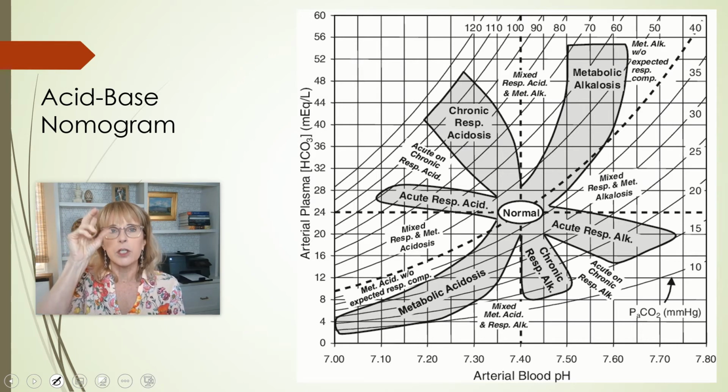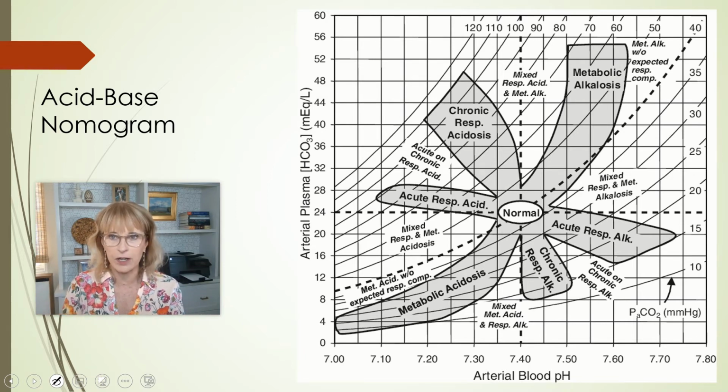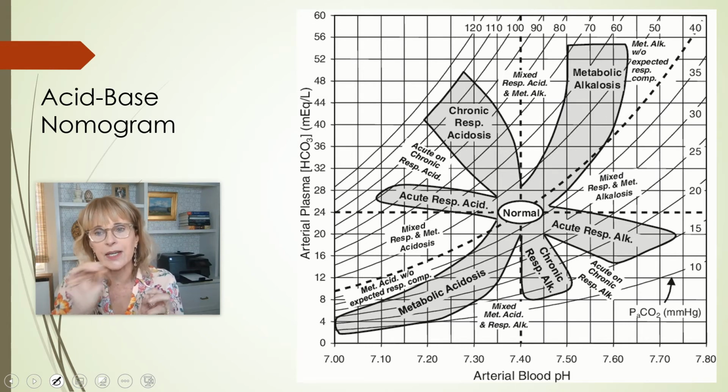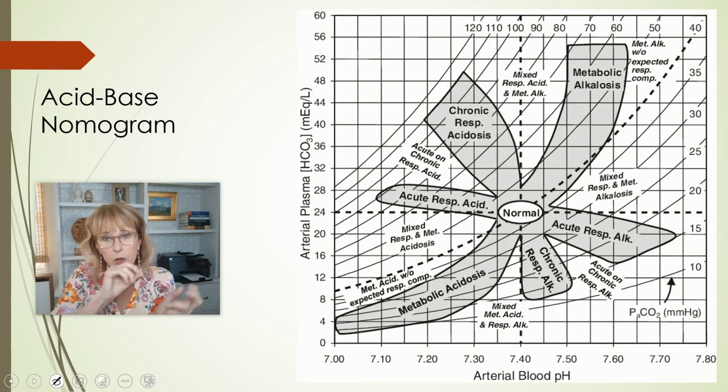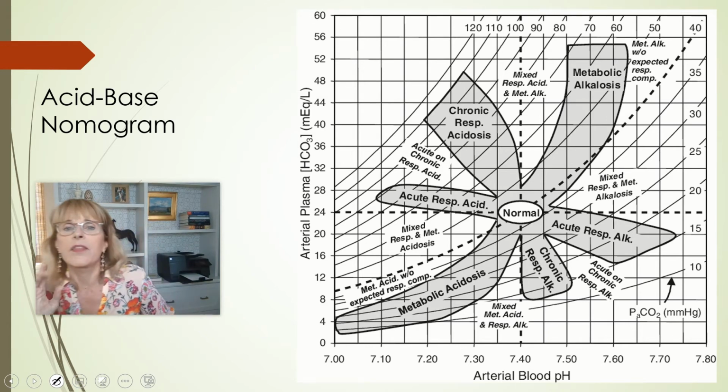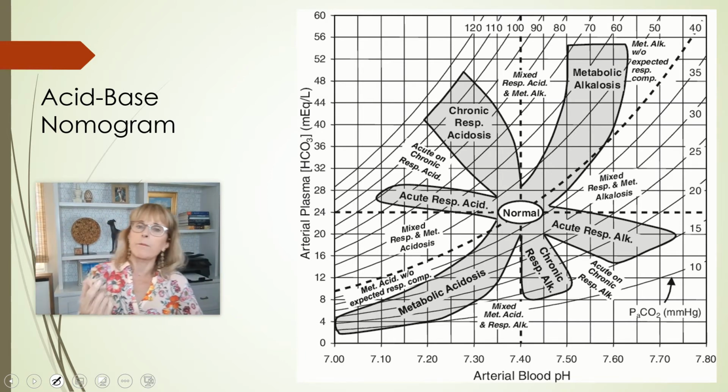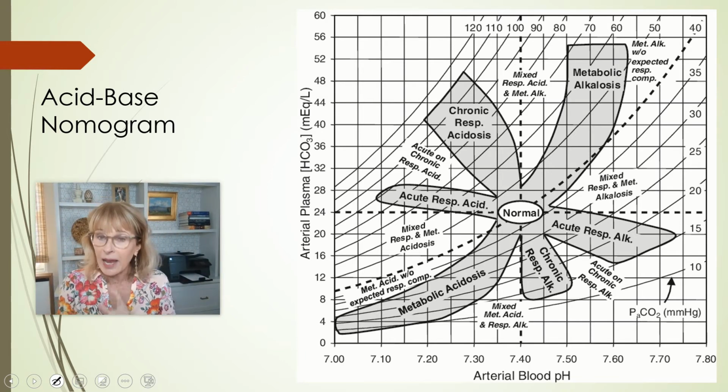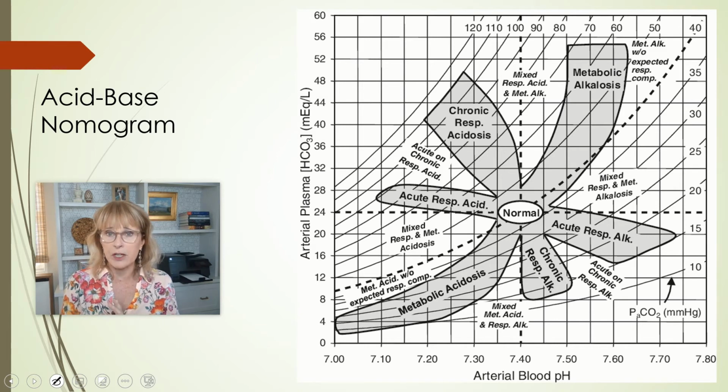That in the acute situation, an acidosis or an alkalosis is very linear and understandable. However, when either an acidosis or an alkalosis is chronic, has been going on for a while, then the parameters that are measured in a blood test and the response of your patient is less